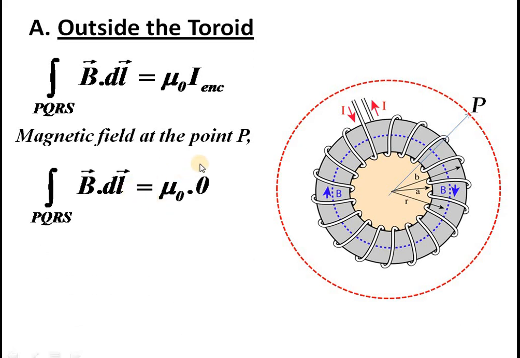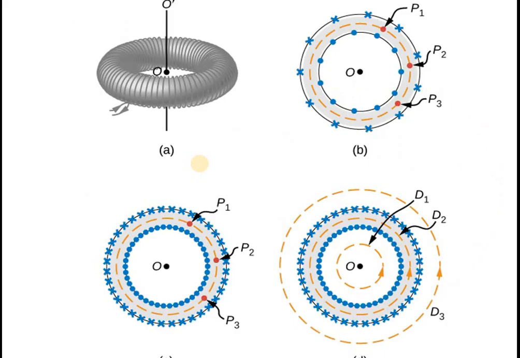As per Ampere's circuital law, you know that the total current enclosed is taken as I. But here, the total current enclosed is equal to 0. Why is this happening? You can explain the reason with a separate figure. Suppose this is your solenoid. If you cut the solenoid along the horizontal plane, you will get a current structure like this. You can see through one turn current is entering, going down, in the other turn current is coming up, and in another turn current is going in. Cross marks show current going down and the dots show current coming out.